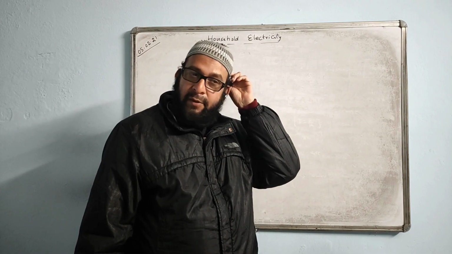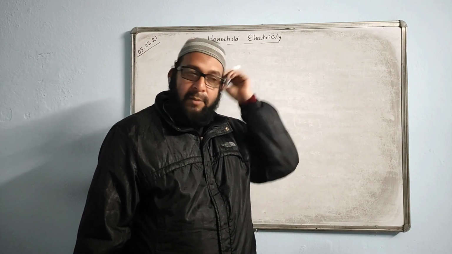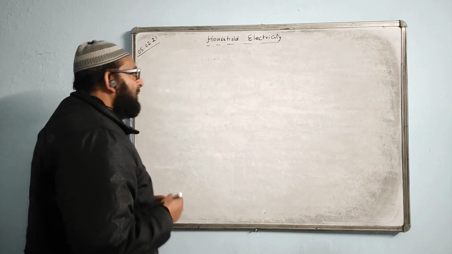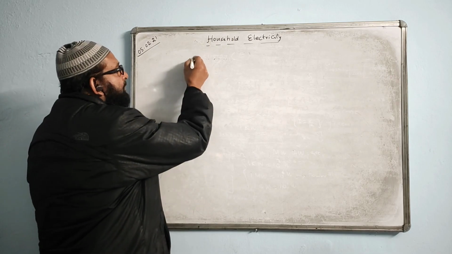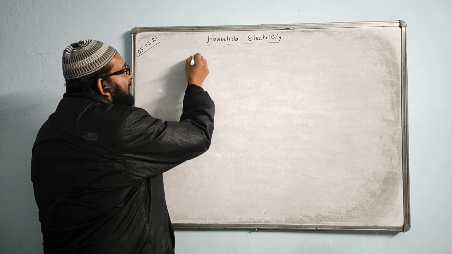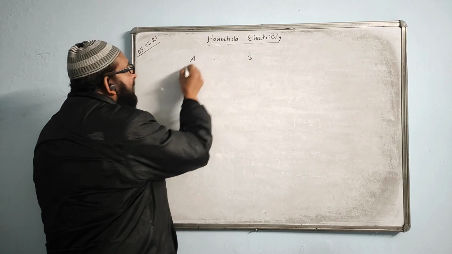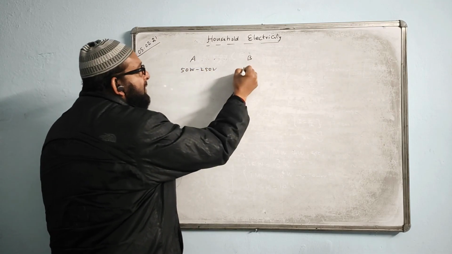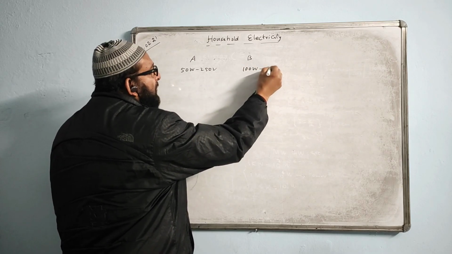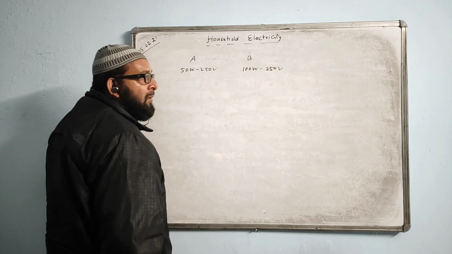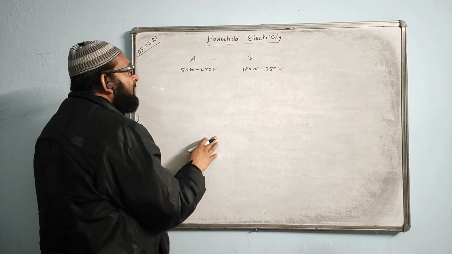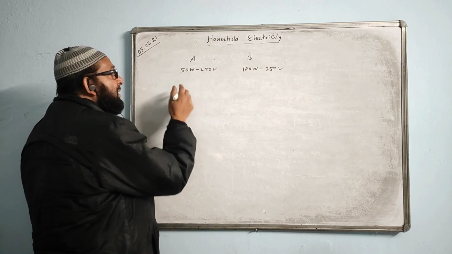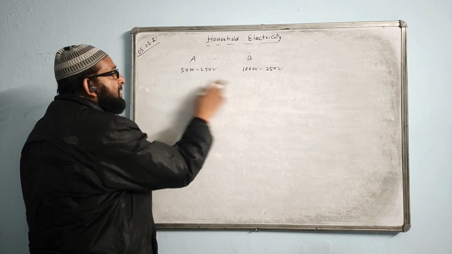Then after this we will have numericals. Okay, numericals will be simple, and you will see in the copy also the numericals are given. They may say there is bulb A and bulb B. Bulb A is rated 50 watt, 250 volt. The other one is rated 100 watt, 250 volt. The values can be different. They are asking to compare their resistances. That means you will find the ratio of their resistances.